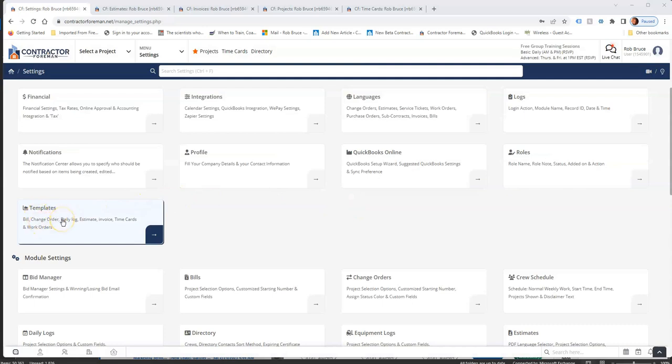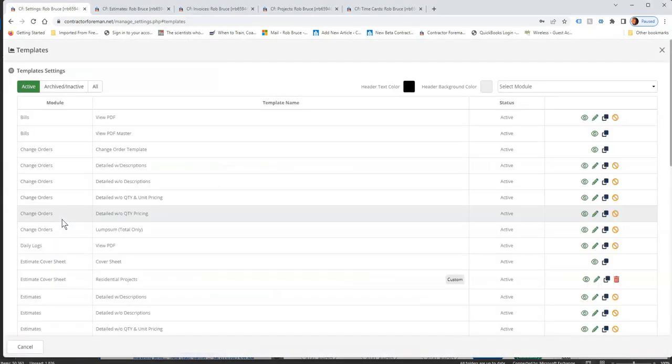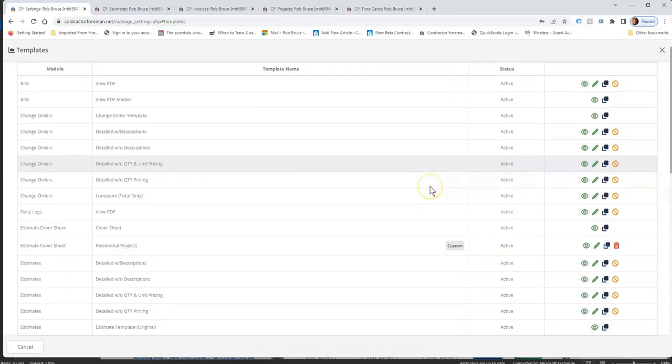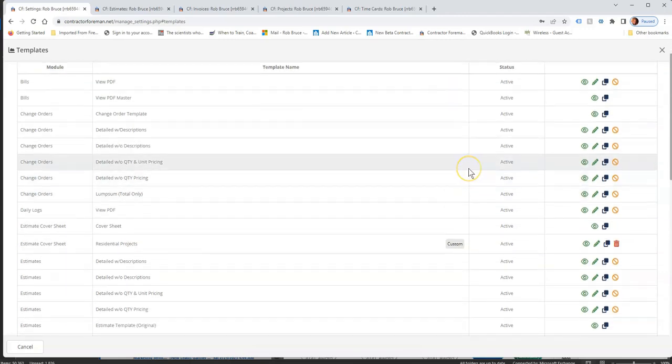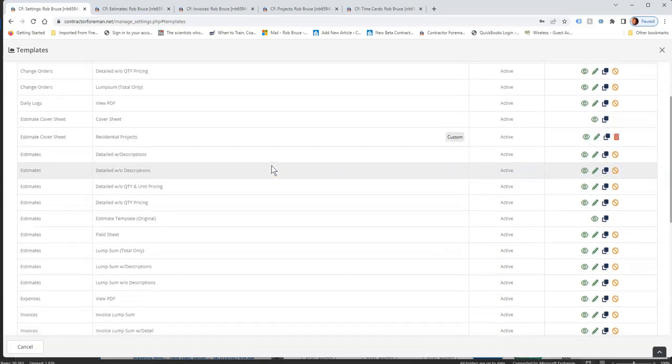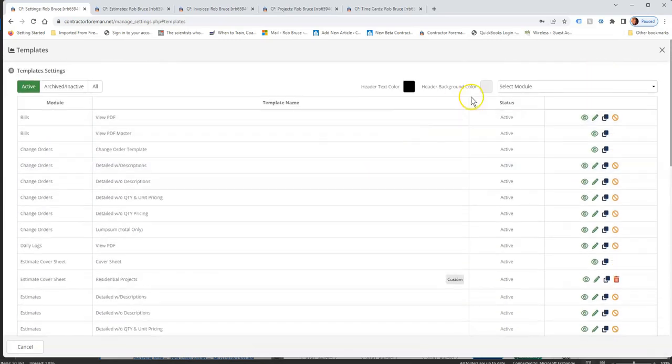Now moving on to templates. Here's where you can modify all the templates that we've already pre-built. Like I said, we've done your settings for you. We've pre-built all of the templates. We've pre-built all of the reports for you. So easiest way to use this module, because that's quite the long list here, is to come over here to